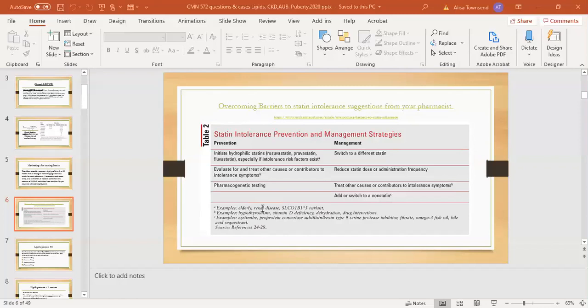You may need to switch to a different statin, reduce the dose, or administration frequency. Sometimes you can go to a longer acting statin like a rosuvastatin or an atorvastatin. You might want to go to a hydrophilic statin like the rosuvastatin or pravastatin, because they might have less muscle aches with that. There's an app from American College of Cardiology. I think I put it in the forum that y'all can use,